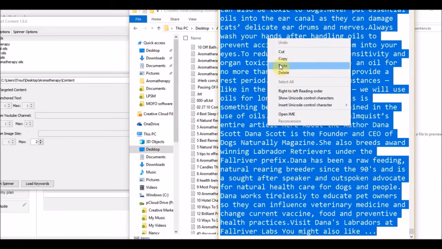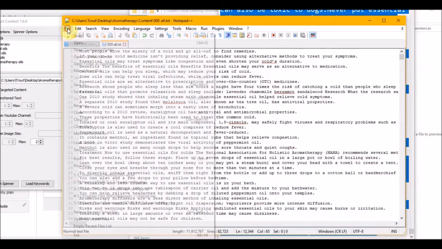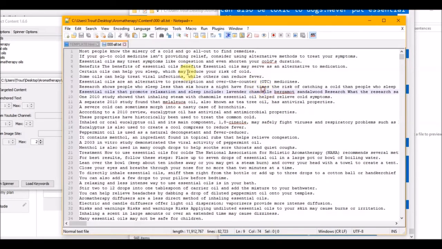And I copied, and I opened up Notepad++. Notepad++ is free. Just Google Notepad++ download, and you want to create a new file, and you paste those